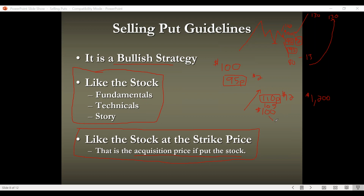But remember, this stock could also be down here at $80 by expiration. It could have gone down in value, and now you've got to buy it at 110. That would be offset by the $12 you brought in premium. Your cost basis would still go down, but